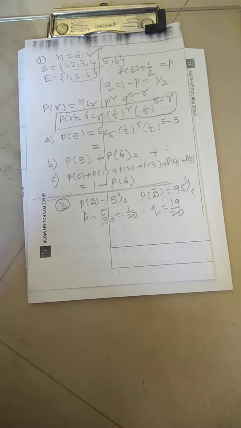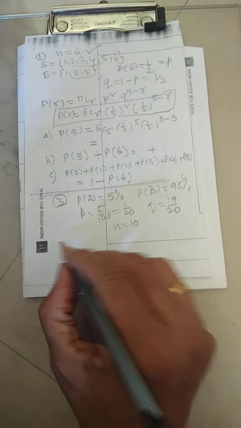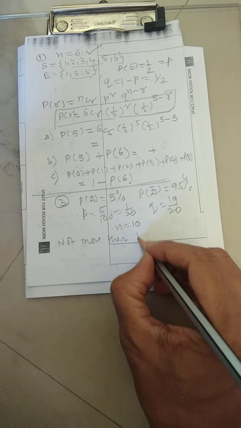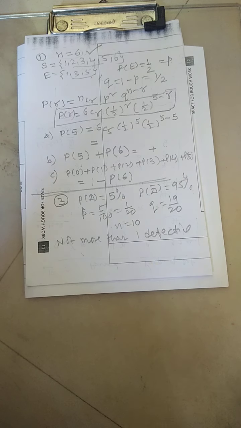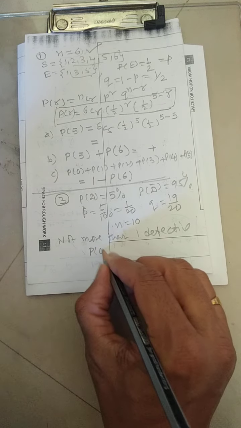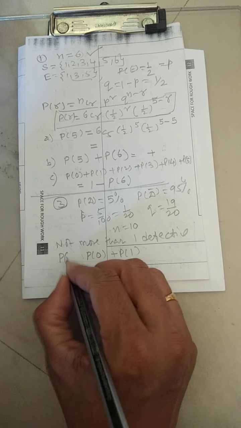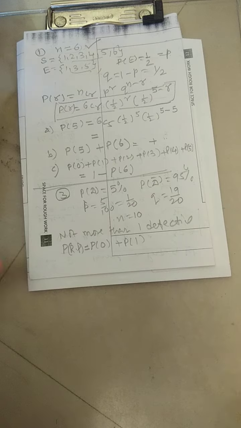What is the probability that a sample of 10 bulbs will include not more than one defective? Sample of 10. I am writing that statement: not more than one defective. Means how many defective will be allowed over here in this particular question? 0 is allowed and over here P1 is allowed. So this is nothing but the required probability: P0 plus P1. Now where to be replaced? These n, p, q values to be replaced in the standard formula. This is the standard formula.